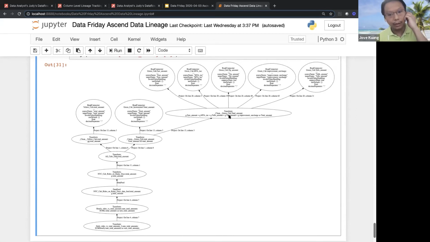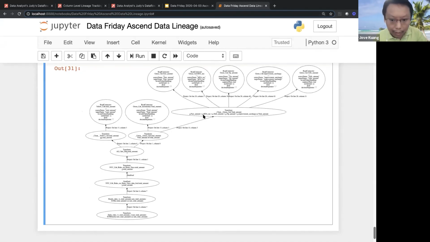So here's something interesting. It looks like this total amount is actually calculated from a sum of a lot of different potential values. There's fare amount, there's MTA, there's total amount. So there are multiple columns that add up to this total amounts on the right side of the union.